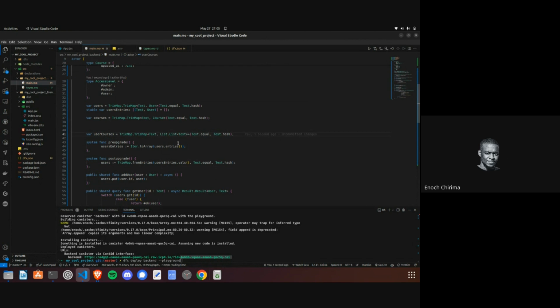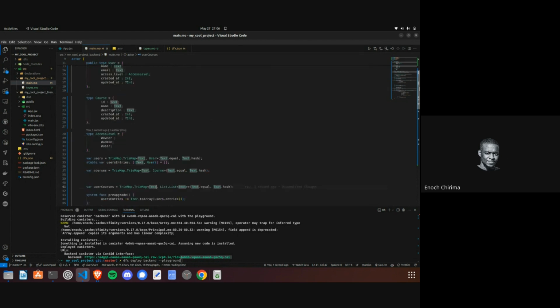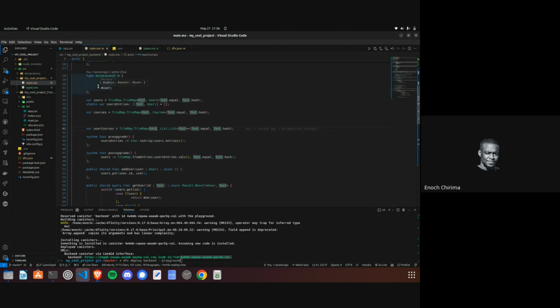So what's happening here is we're saying a user can have multiple courses, right? So we have this stable variable, like this table for users with their associated courses. So what you would do is when a user decides to take a course, you just pass in the ID for the user. As the code starts to get like this, you will need to have some clear definitions of what these texts are. So you can just have a type